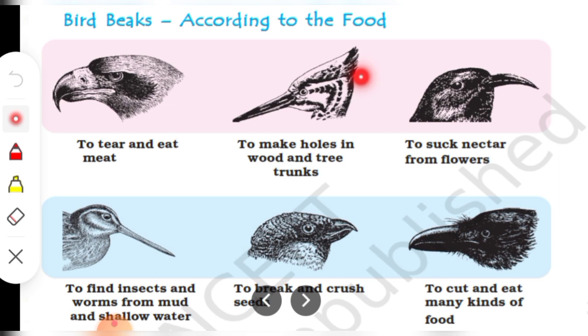Beaks also help them to make holes in wood and tree trunks, to suck the nectar from flowers, to find insects and worms from mud, to break and crush seed, to cut and eat many kinds of food. So, the importance of claws, that is feet, and beaks for the birds must be clear to you.